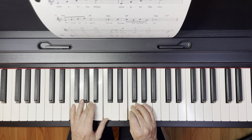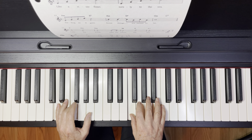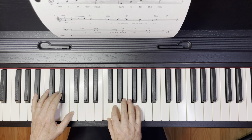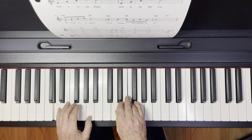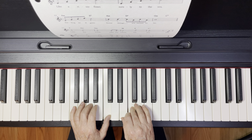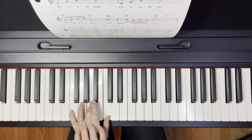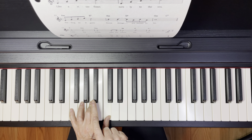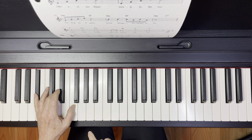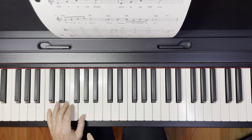Okay, now if we wanted to add some arpeggiation, so I'm going 1, 3, 5, 3. When it's a root position, or you could think literally with the fingering, bottom, middle, top. Sometimes I'm using this finger. Generally it's 5, 3, 1. Here, 2 instead. 2 and 1 and 2 and 1 and 2